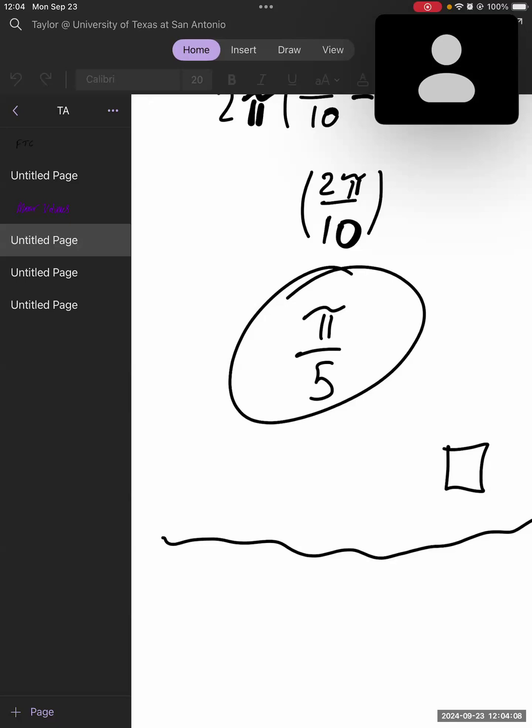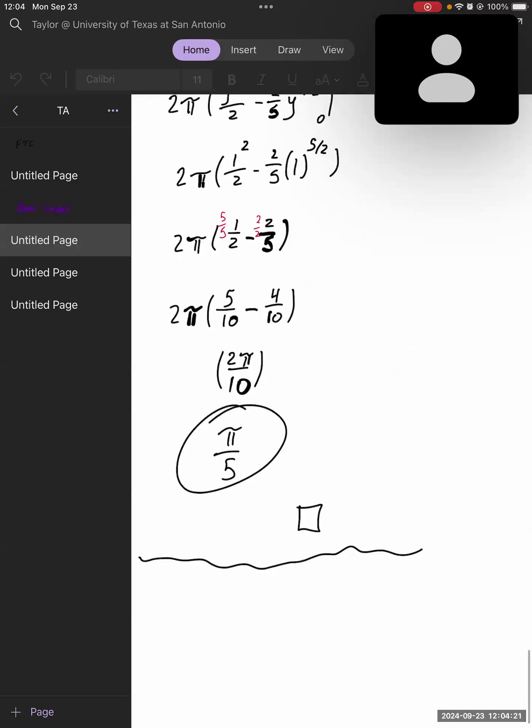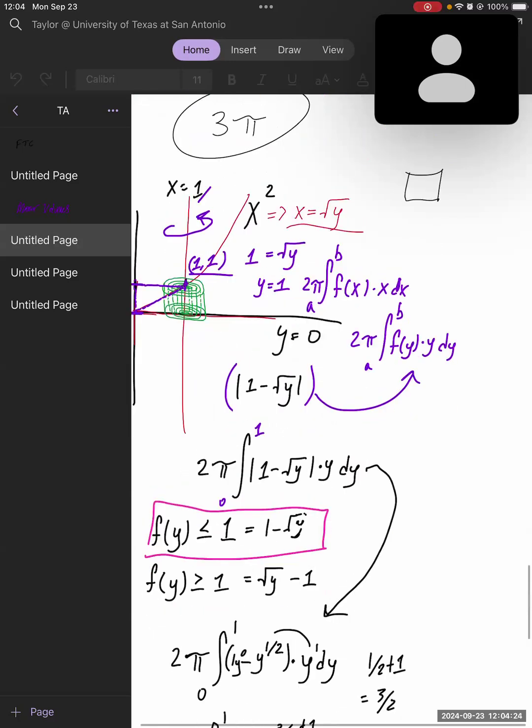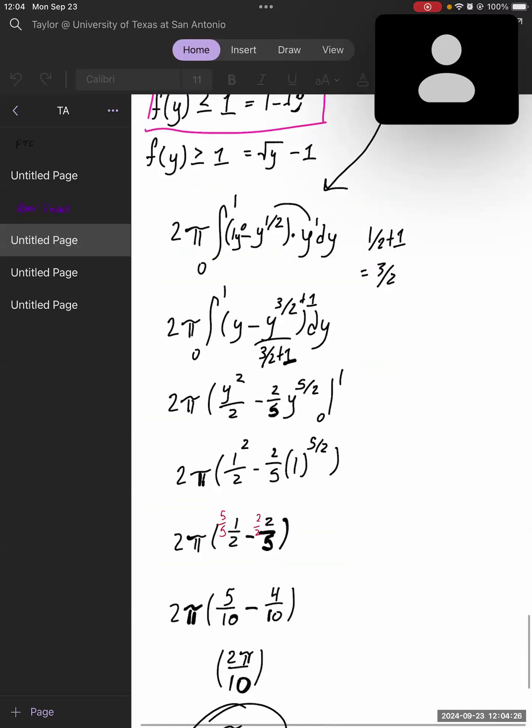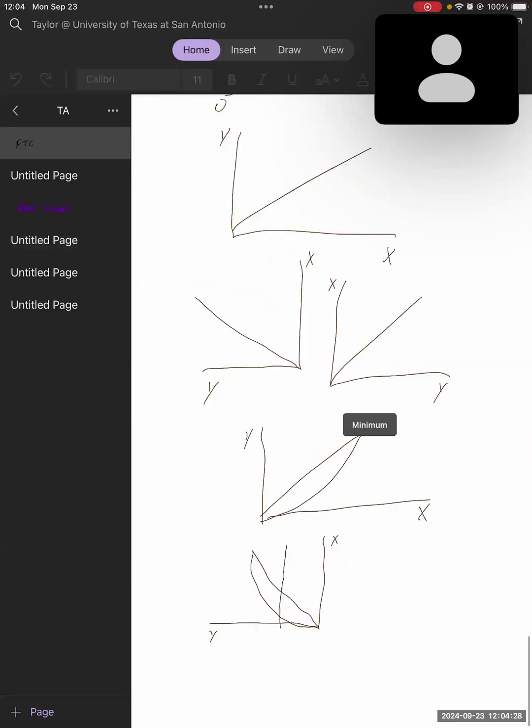Is everybody able to see my OneNote? Yes. Okay, cool. We're just gonna have to make do here for a second. All right. So while I'm waiting for my computer to unfreeze itself,